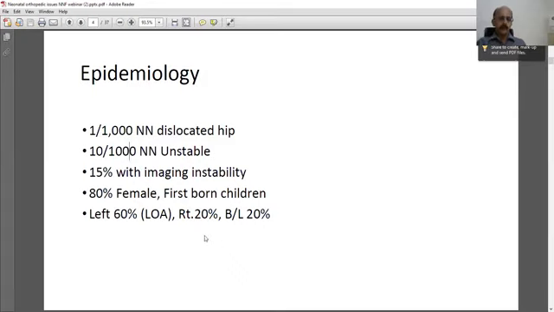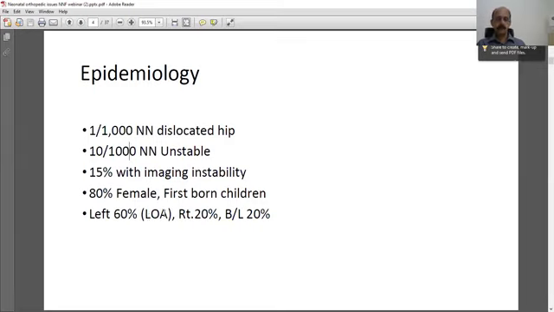And how much of it is significant, how much of it is not significant is always a matter of debate, and that is an ongoing balancing which is happening as to where we stop, where we screen. And coming further, it's most common in females, firstborn females. Most of them, 80%, are firstborn females. And it's more on the left side. 60% of it is left side, which goes with the left occipital anterior position, which is the commonest position for a